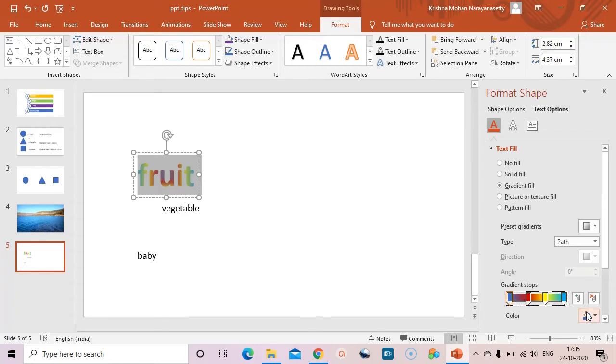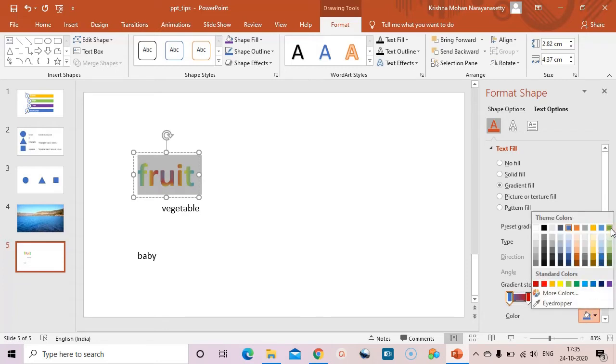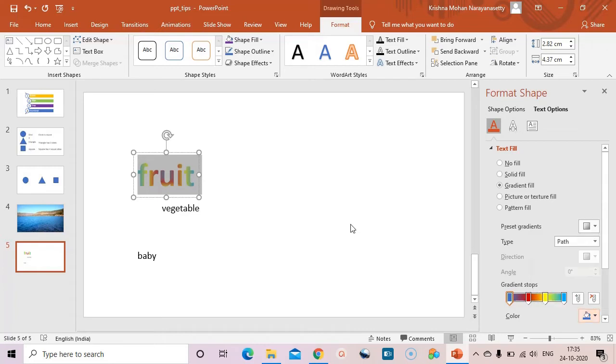Okay, first one let me change to some other color. So any colors we can choose like this, or we can also choose the path: linear, radial, rectangle, path. Path takes from the center. The first one, blue color, whatever we have given, it comes in the center, like that.